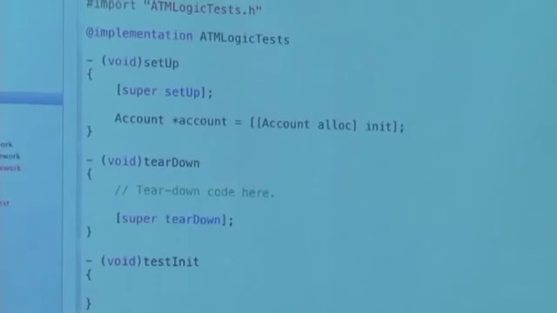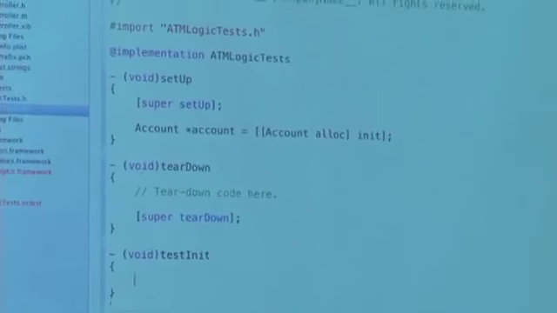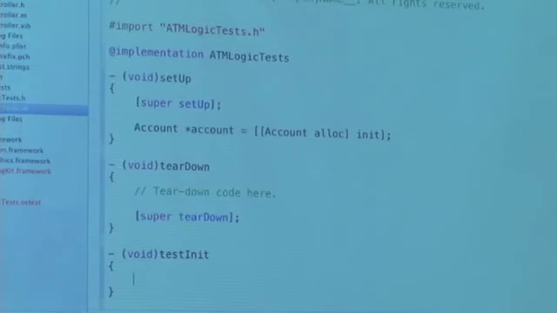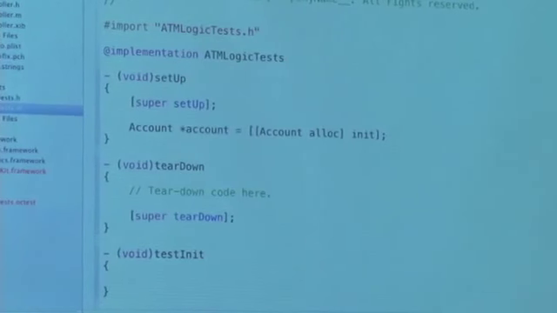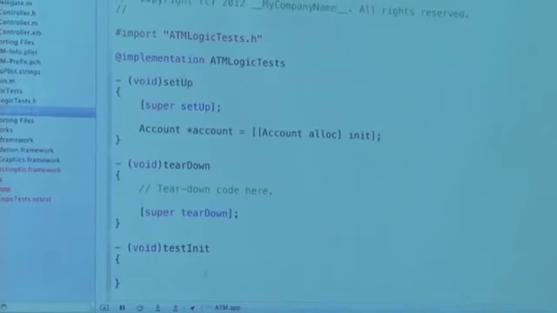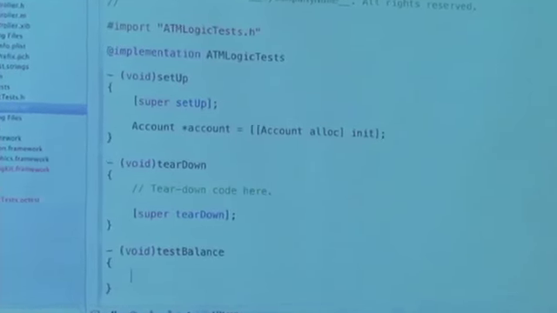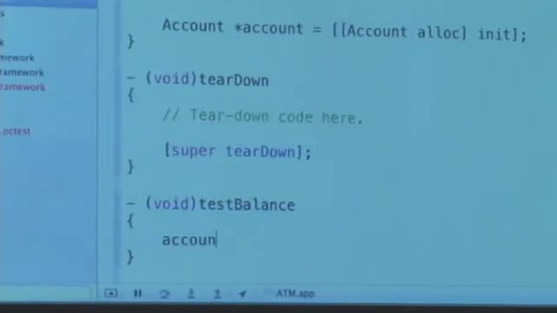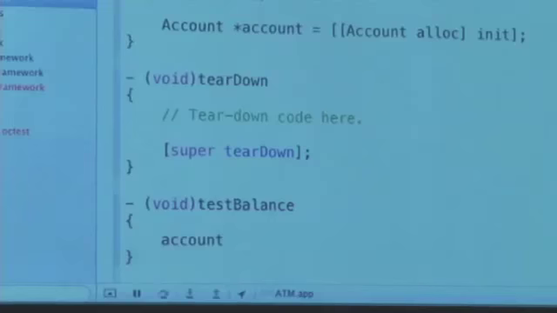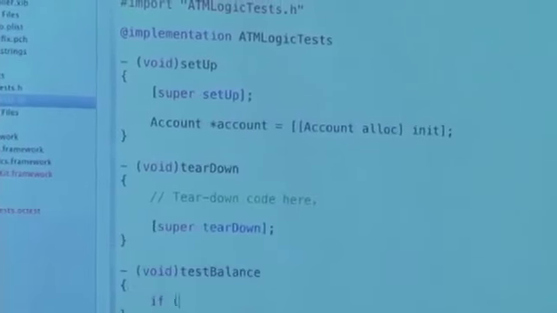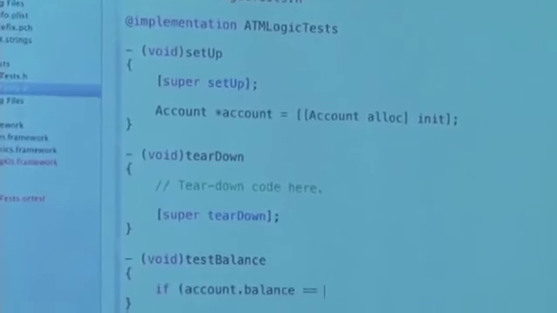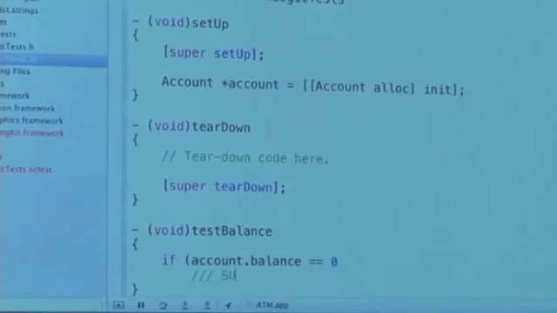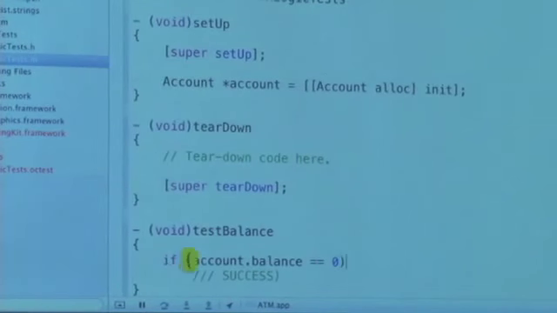How do I go about testing my init method? Well, if my init method is correct, what should be true? Yeah, so my account.balance should be 0. And actually, let's be even more explicit here. I really want to test the balance of this account. So hopefully the thing is 0. But how do I access the account now? This is actually not right. I want to say something like if account.balance equals 0, I want to do success, else I want to do